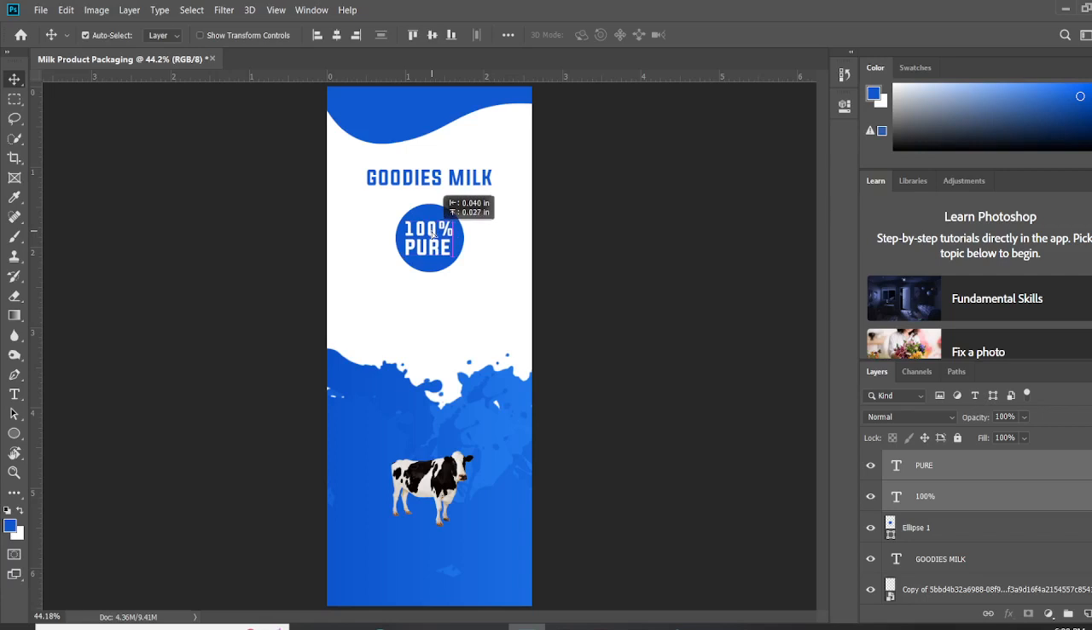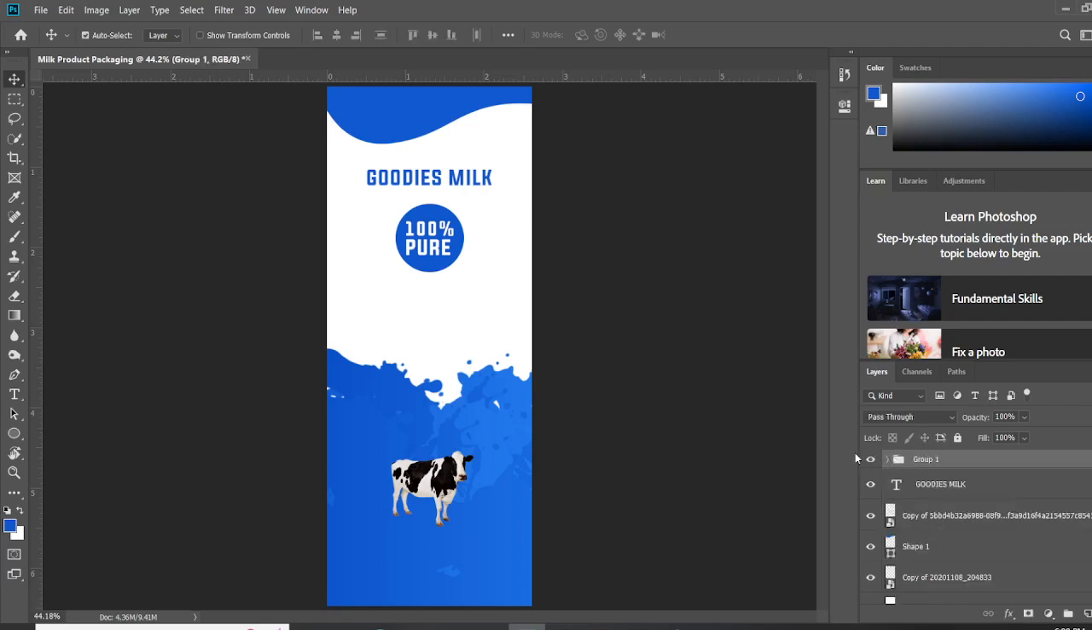So once I'm satisfied with what I have, the next thing I want to do now is group these together. So I'll click on the pure layer, and while holding my Control key, I'm going to click on the other two layers, which are the 100% and the ellipse, the shape. Then I'll press Control G to group them. Having done that, what I want to do next is